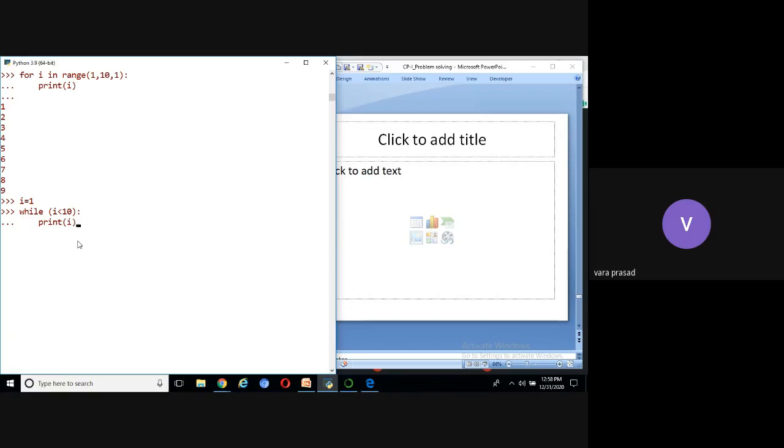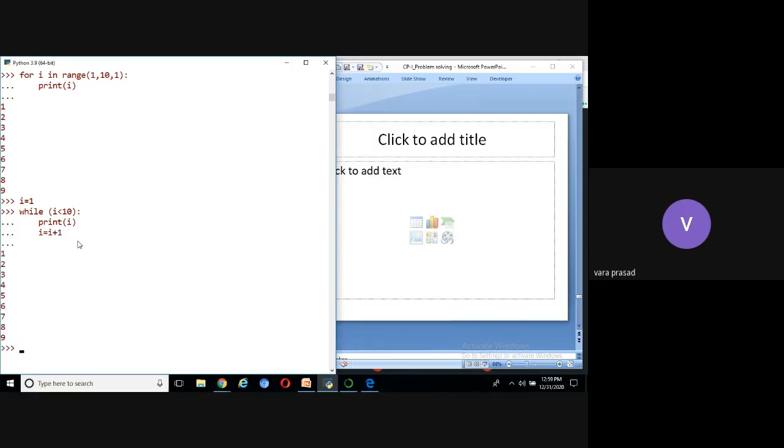If I take the first value, how to go to the next value? Increment: I equal to I plus 1. See the syntax: initialization, condition, set of statements, increment.